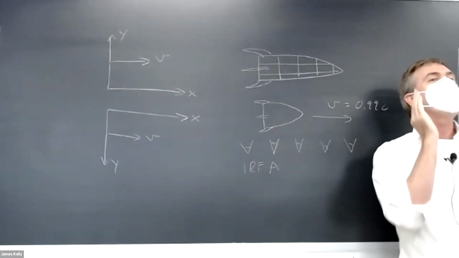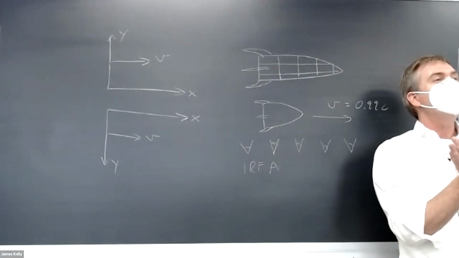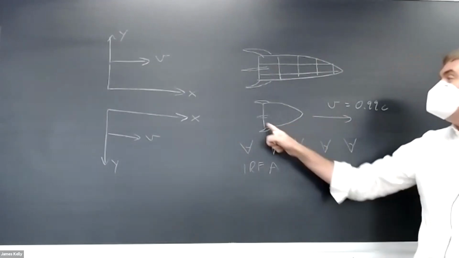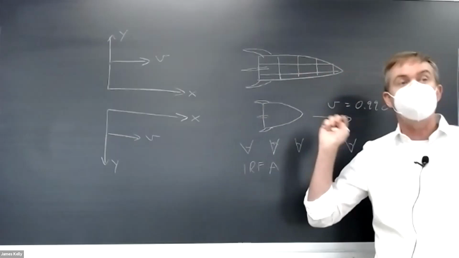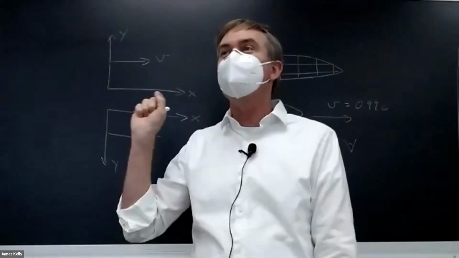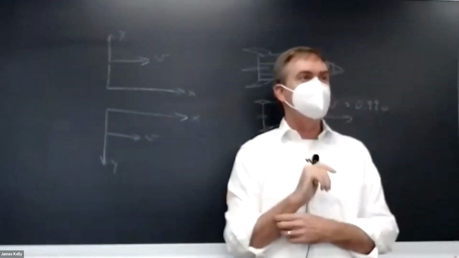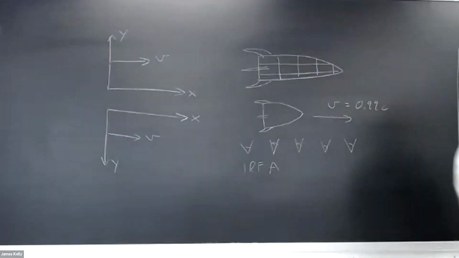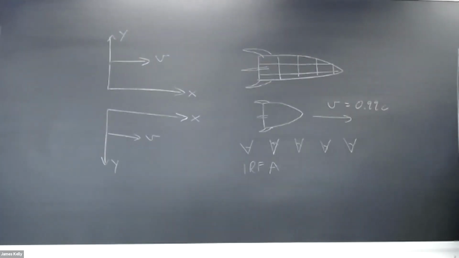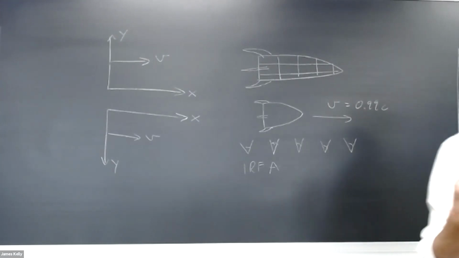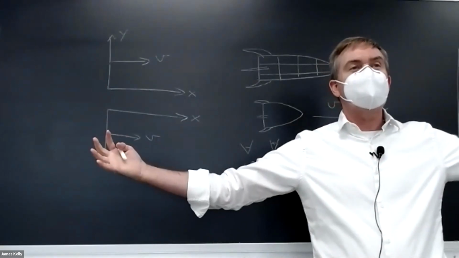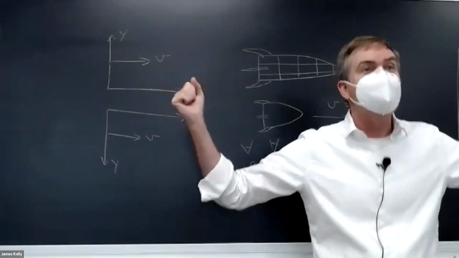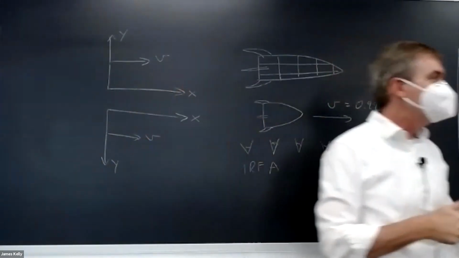And they're going to say, right at noon, whoever's closest to the back end of the ship, you measure where it is on our meter sticks. And whoever's closest to the front of the ship at noon, tell us where on our meter sticks the front end is. And then we can take the difference between those and figure out what the length of the ship was. So even though we're talking about it as if there's only one person's point of view, we're really imagining that there's a whole collection of observers that are sitting at rest with respect to us. We all have synchronized clocks, so we know we can do something at the same time from our point of view and